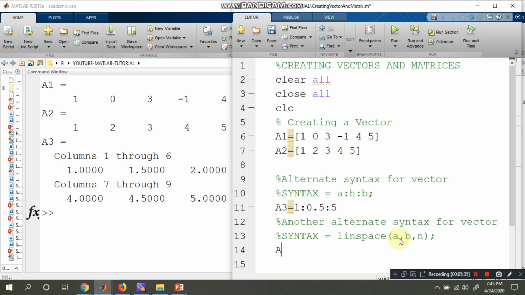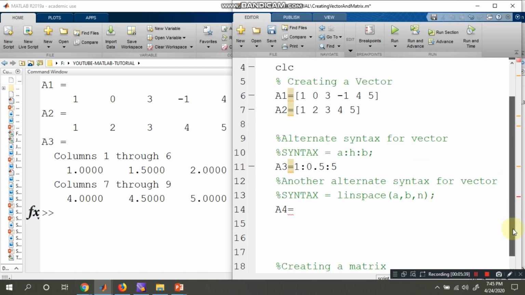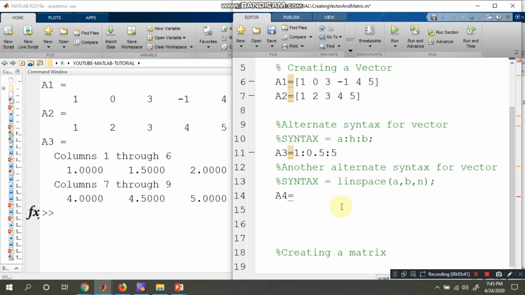Now let us see A4. I would like to execute this. A4 is equal to linspace of 1 to 5, with 5 points. Once we run this file, see what we get in place of A4. We are getting the same 1, 2, 3, 4, 5. Or suppose I would like to use only 3 points.